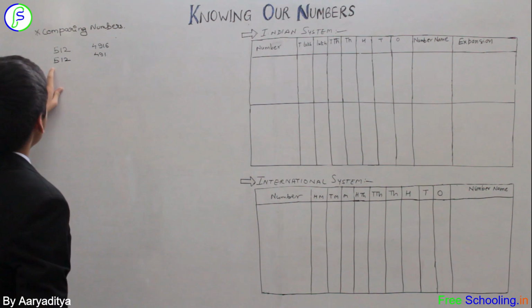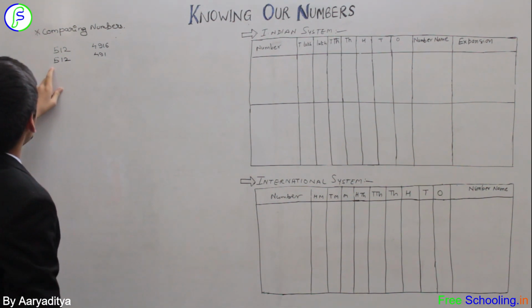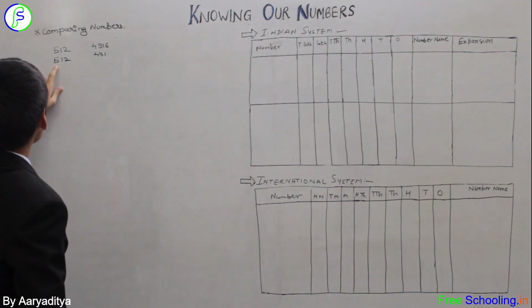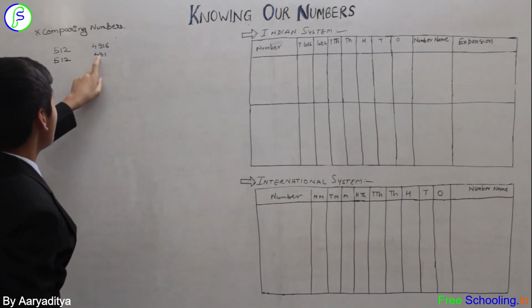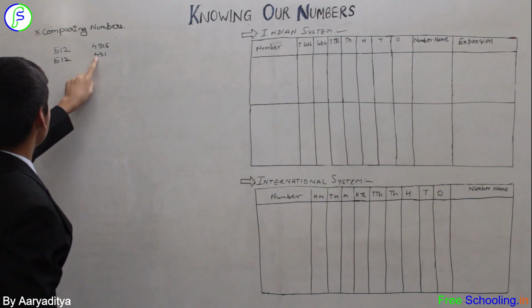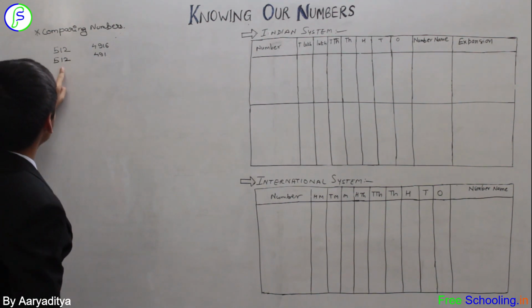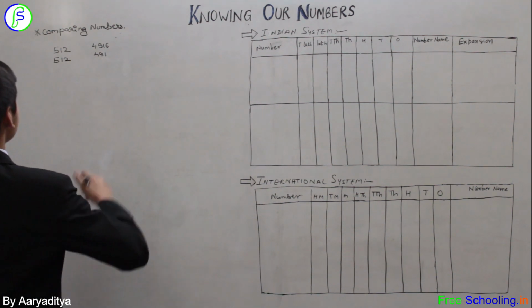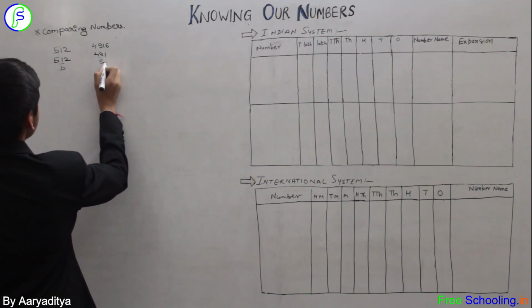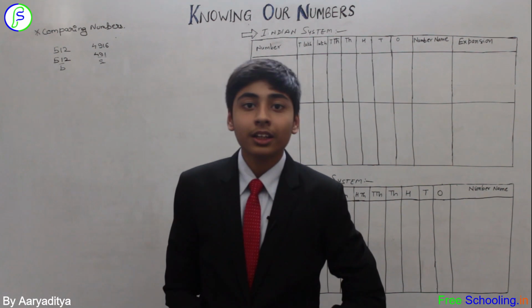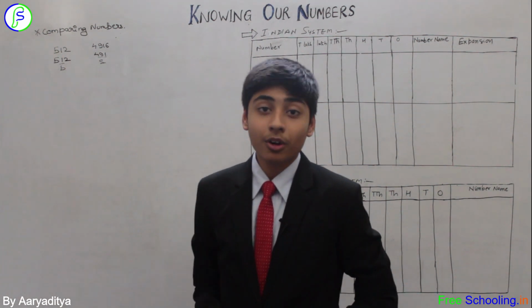If we see from the leftmost side, we count the number that is on the leftmost side, we see that there is a 5. But on the other side, we have 4. So 5 is bigger than 4, therefore the whole number is bigger than the number in the second option. So this one would be bigger and this one would be smaller. Hope you all are clear with this one. Let me give you one more interesting example.